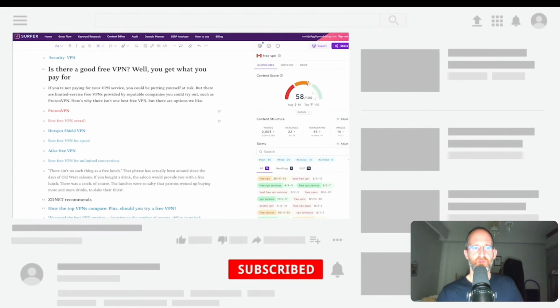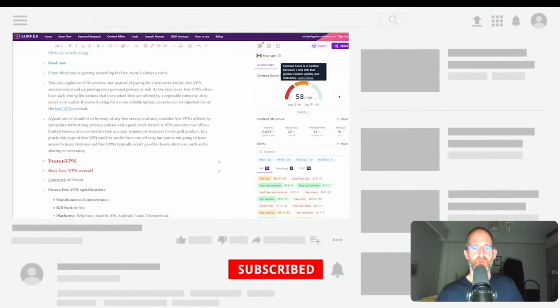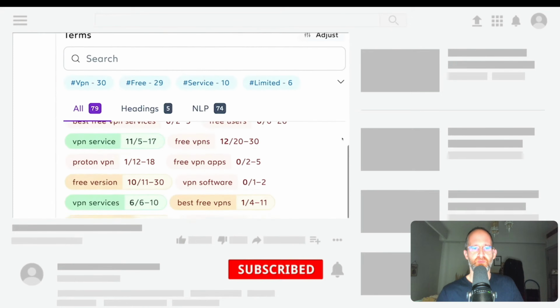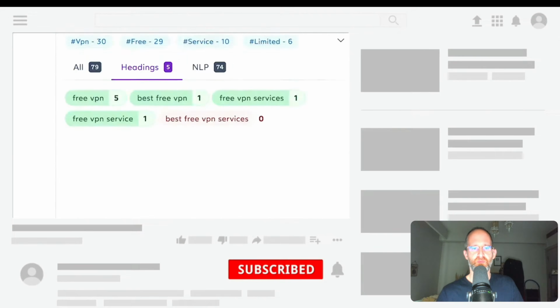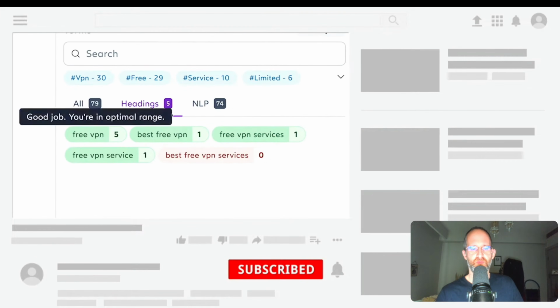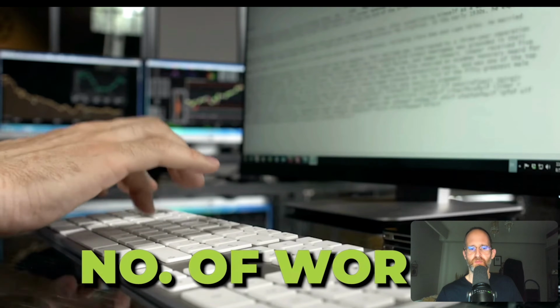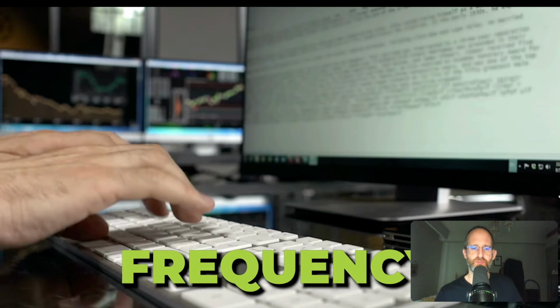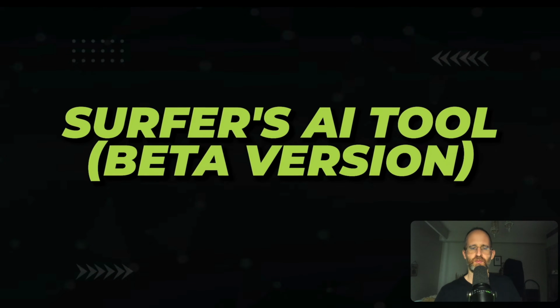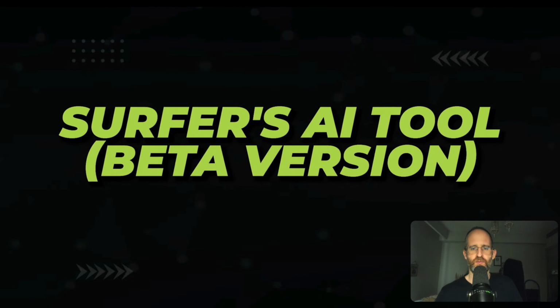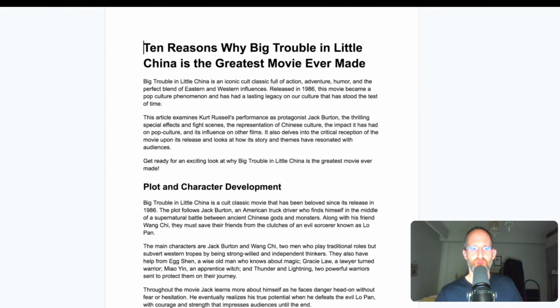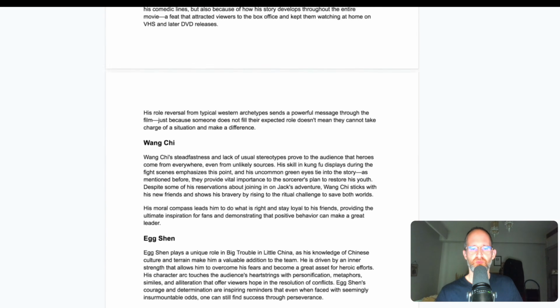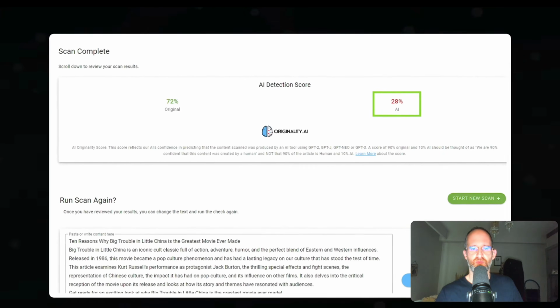I've been using a beta version of SURFER'S upcoming AI tool that will generate AI content on the fly that's actually SEO optimized. It looks at the top ranking articles to determine how to create the article outline, how long to write the content, and what entities and critical keywords need to be in your content and at what frequencies. It actually does a lot more than that, but let's see how detectable it is. Bear in mind the SURFER tool generates full articles, and longer content has a much higher chance of detectability, so here goes nothing. The Big Trouble article hit